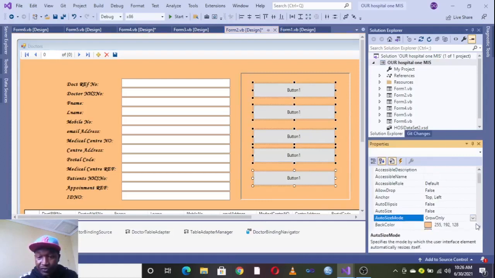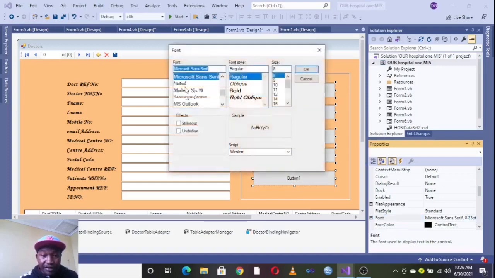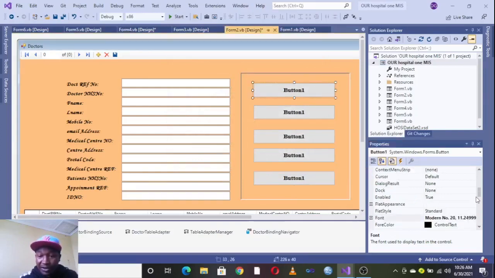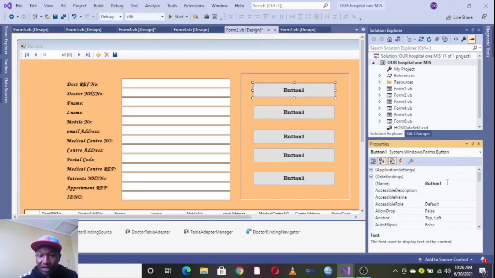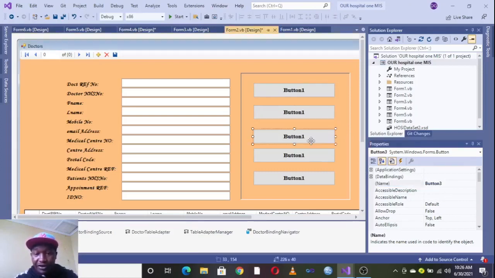Therefore I just go to this point here, then I just increase the font size of this one to 12. Then I need to change the name of these buttons. Like for example, I just go to button number 1, and for this one we can just call it BTN add new. Then this one here, this is BTN next. Then we have this one can be